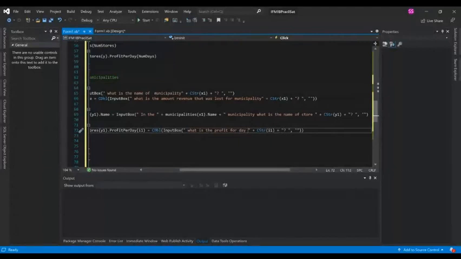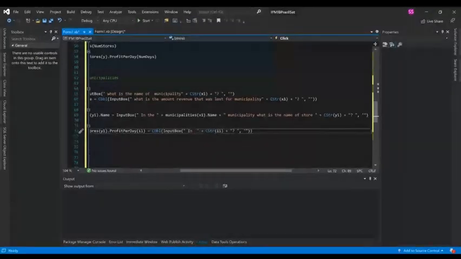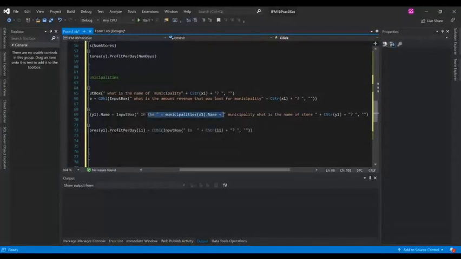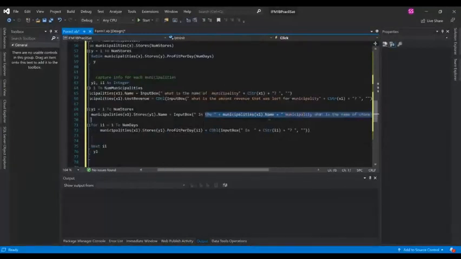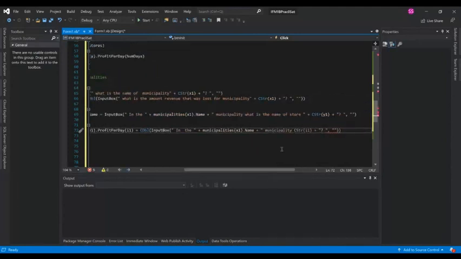Let's structure this question a little bit better quickly, shall we? In the municipality for